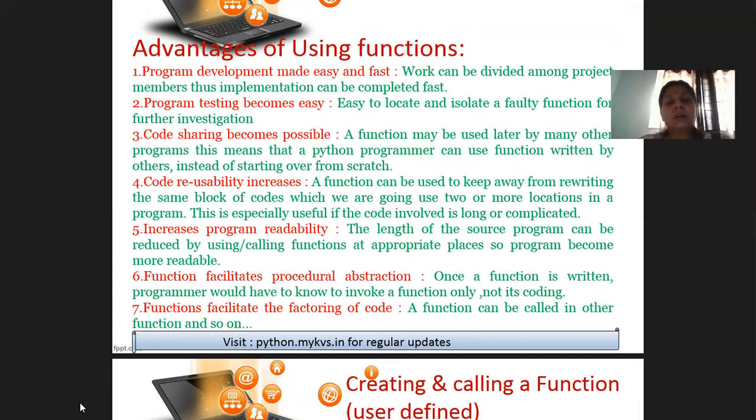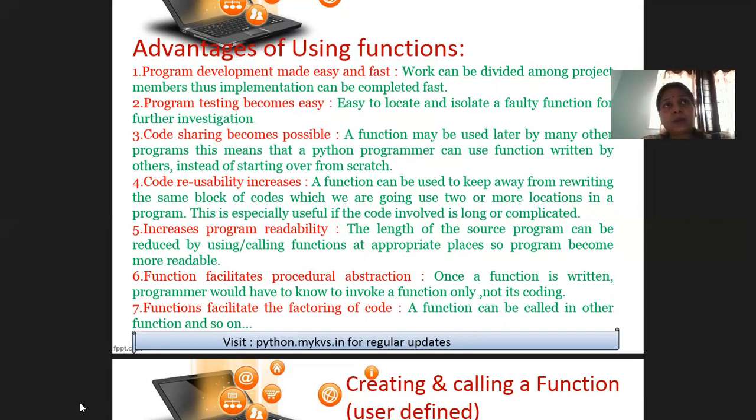It means that whenever we have to create a large program, then there must be the requirement to create your program in modules. Okay, what is the meaning of module? We have to break our program into small piece of code, and this piece of code is known as modules.